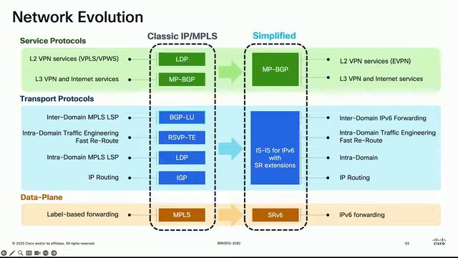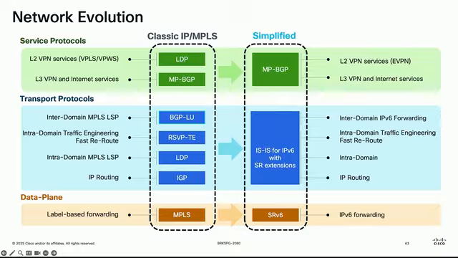In a simplified network, you can eliminate LDP, those targeted LDP sessions, through the use of EVPN, which is another address family within BGP. But it's not just another address family within BGP. It provides advanced capabilities, active-active load balancing, for example, and faster convergence, that are not available with classic VPLS or VPWS. At the transport layer,